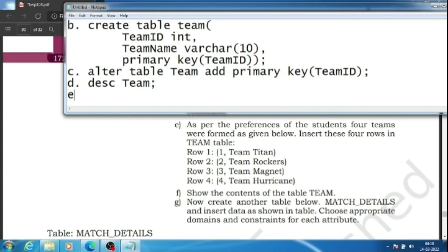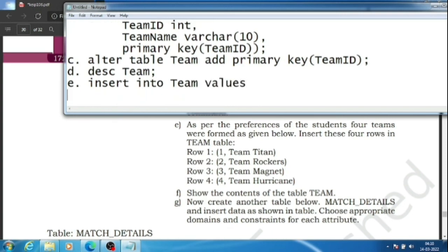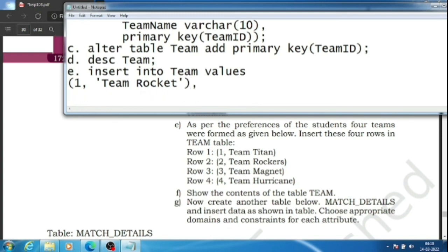For that we'll write number E, insert into team values, then within bracket first one is 1, then team Titan, bracket close, comma. Now second one 2, this is team rockers,